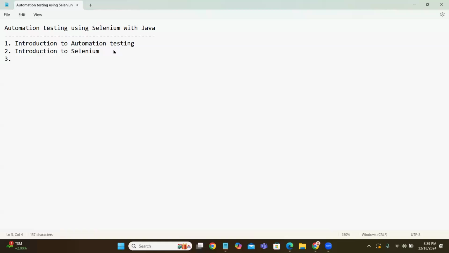Okay, introduction to Selenium. These two are the theory concepts. One or two sessions we are going to complete this portion. After that,